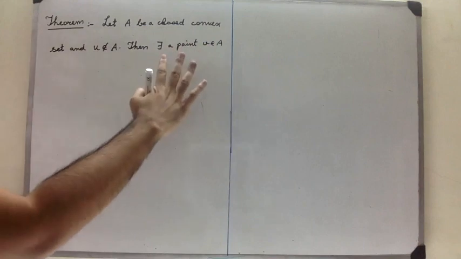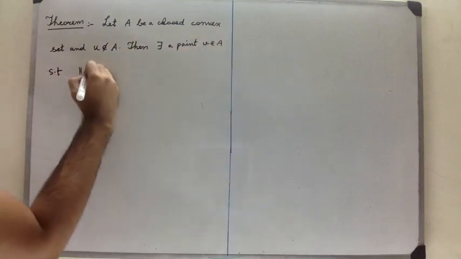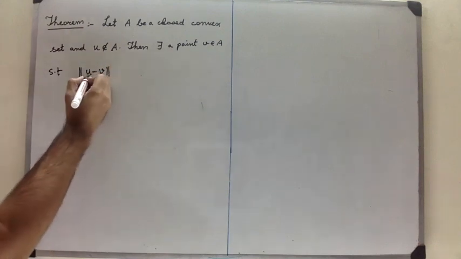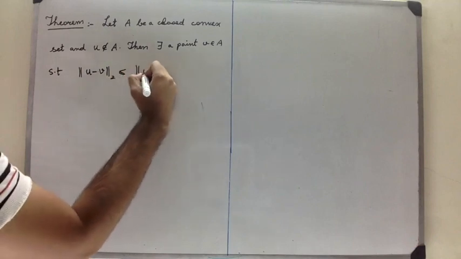So then there exists a point v element of A such that |u - v|, that is the distance between the points u and v, is less than or equal to